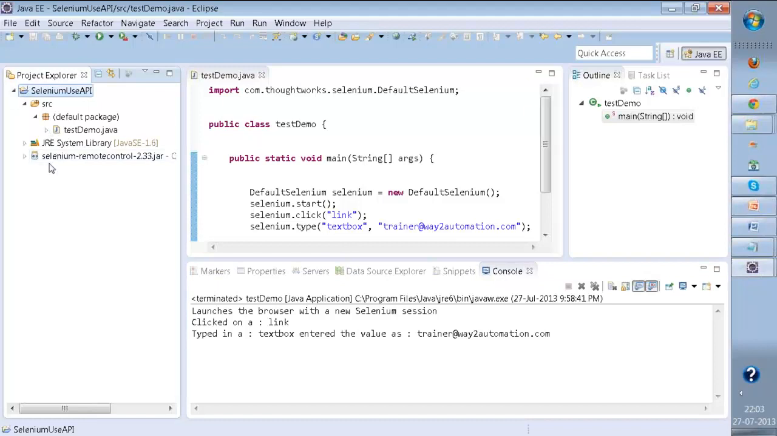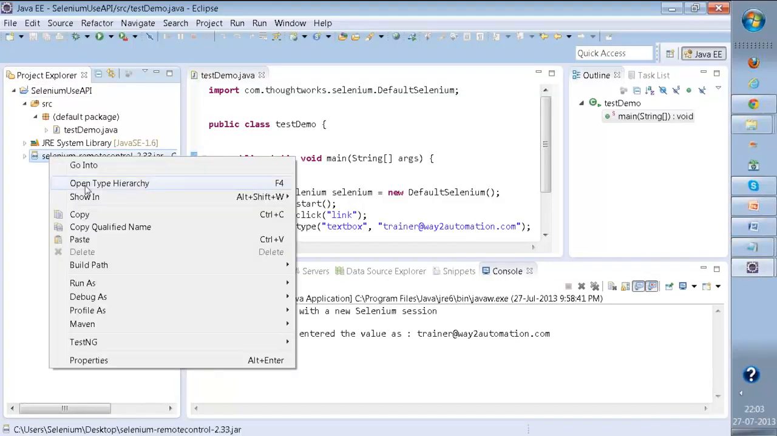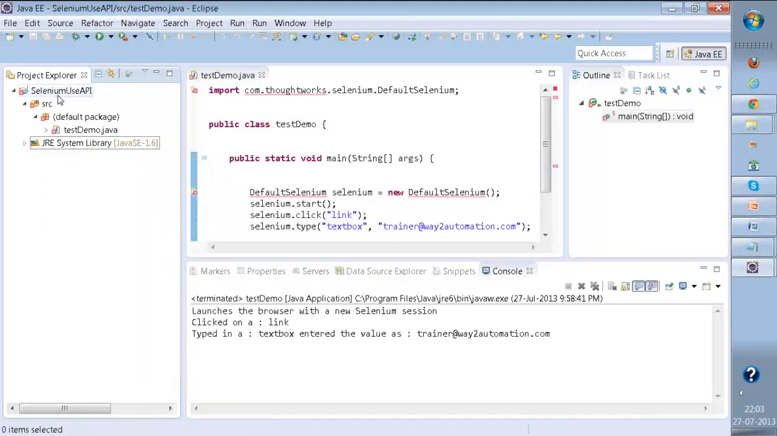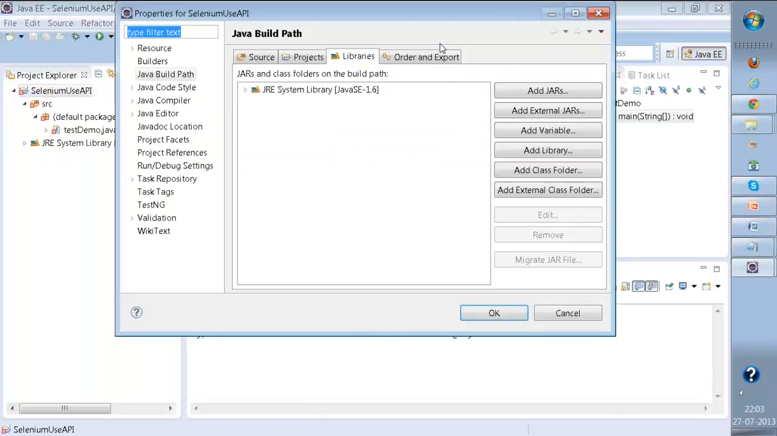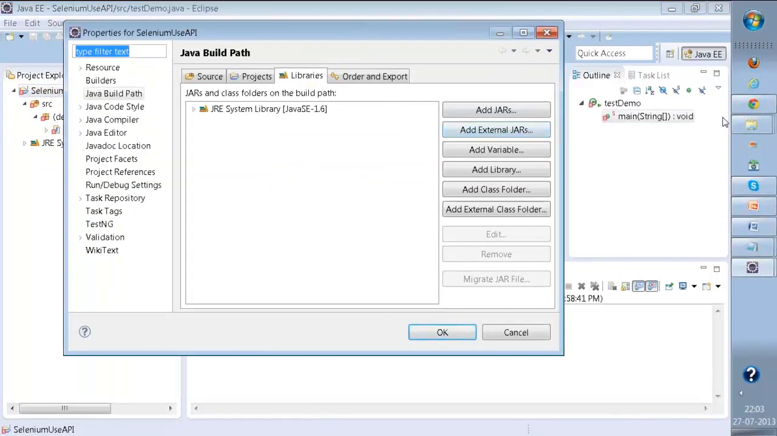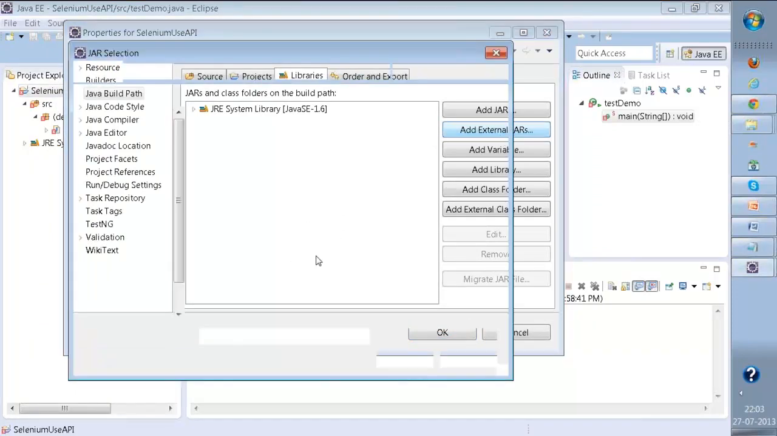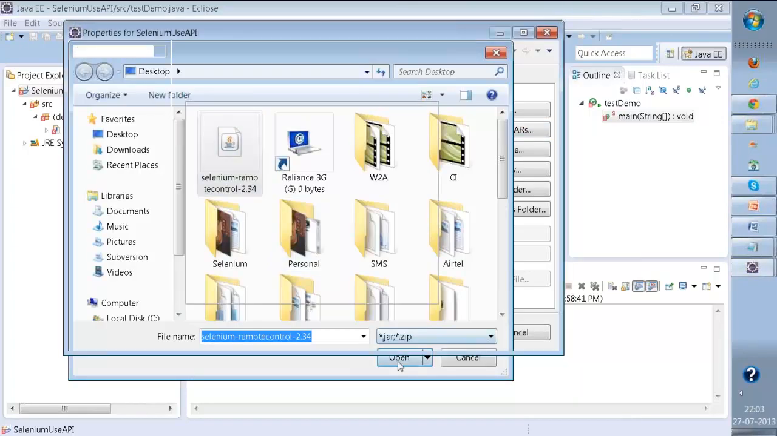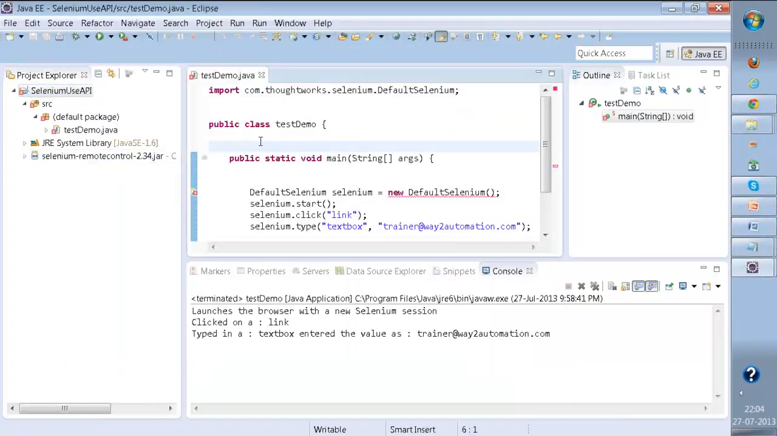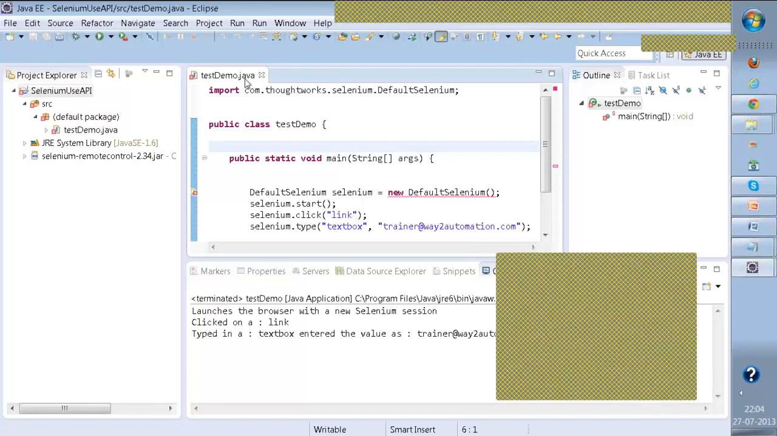So what I'm going to do, I'll again go to this project. Now let's say I remove this jar file. I'll go to build path and remove from build path. Now I'll again import the latest jar file that I've created, with the version 3.2.34. I'll open it, click on OK, and this is added now. Now you can see I'm getting some error over here. This is because